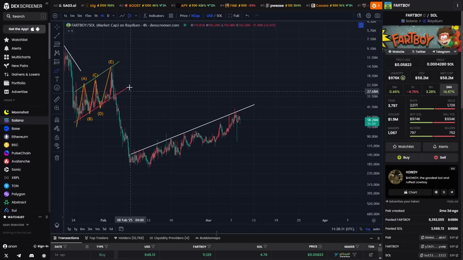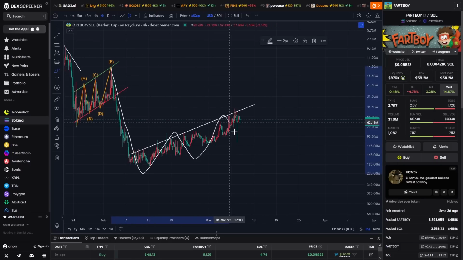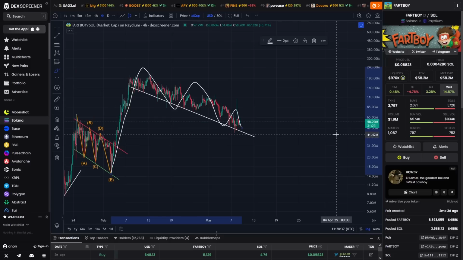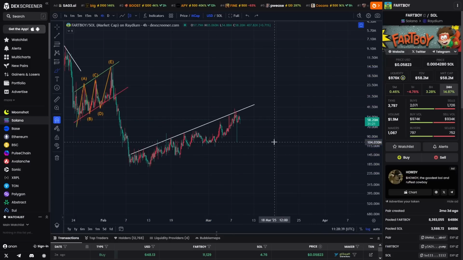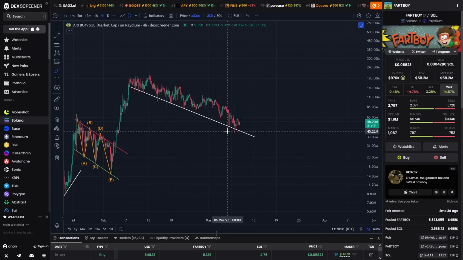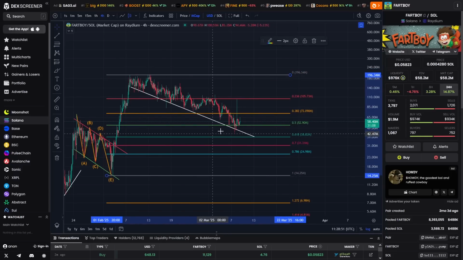But what people are not realizing is this chart is actually inverted. If I start to flip this like this, you'll start to see that for this particular chart, which is basically a Fartboy chart, we may have had a dead cat bounce, which is basically an inverted dead cat bounce, which is a 50% retracement. From peak to trough of the previous impulse, we've actually retraced into the 0.5 fib,